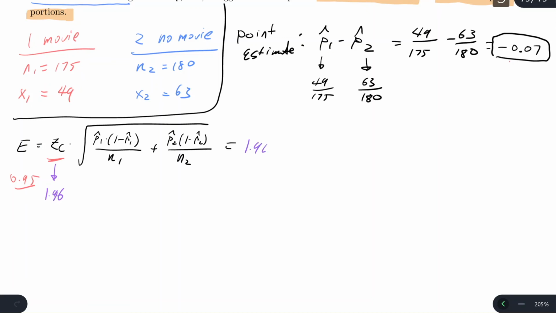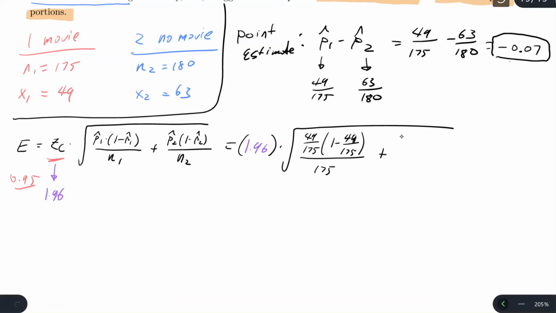So 1.96 multiplied by the square root of p hat 1, which was 49 over 175, multiplied by 1 minus 49 over 175, over the sample size, which was 175, plus, oops, sorry, now p hat 2, right here, p hat 2 is this, 63 over 180 times 1 minus 63 over 180,